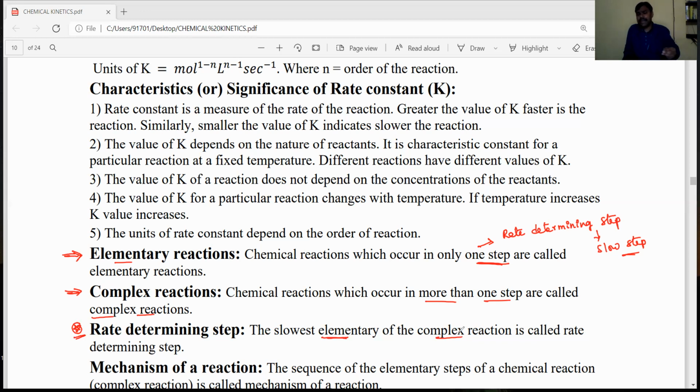Okay, but complex reactions take place in several steps. Among those several subsequent steps or reactions, one reaction takes place in a slow step, which is known as the rate determining step in complex reactions. Okay, the reaction mechanism. So what is a reaction mechanism, or mechanism of reaction? Let's see, dear students.